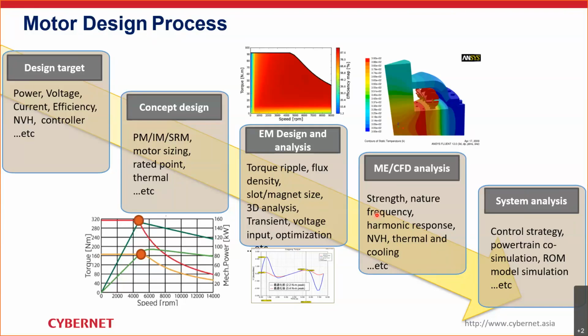And the third space, we should do the detailed EM design and check the torque ripple, flux density, and also the voltage inputs and optimization issue. And next, we should map or transfer the EM design results like loss, force, or others,